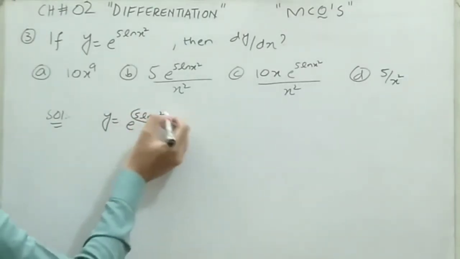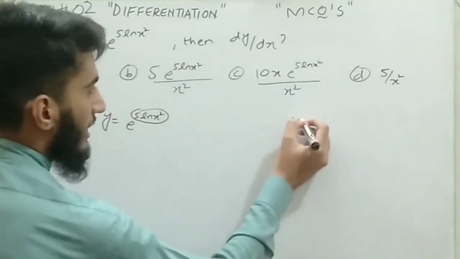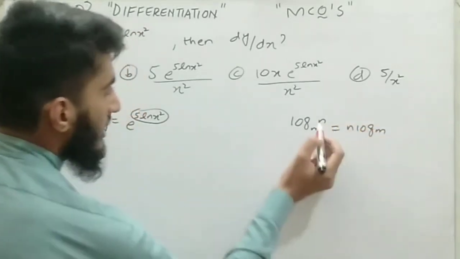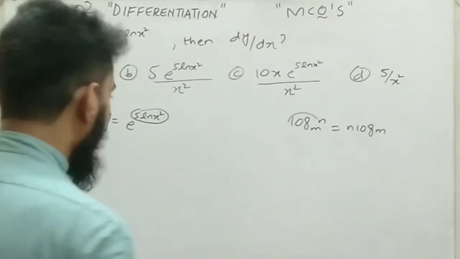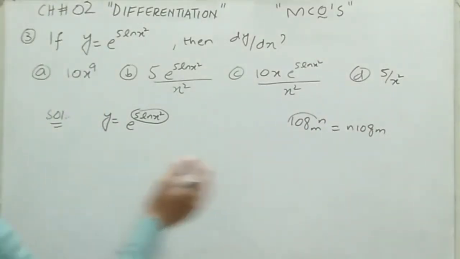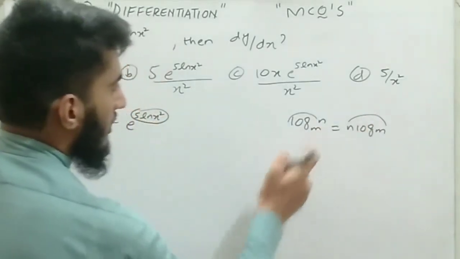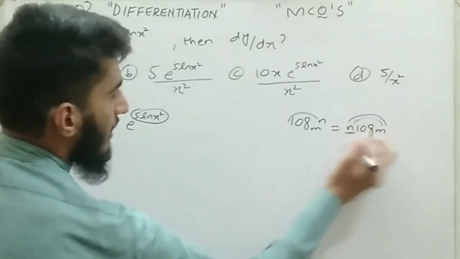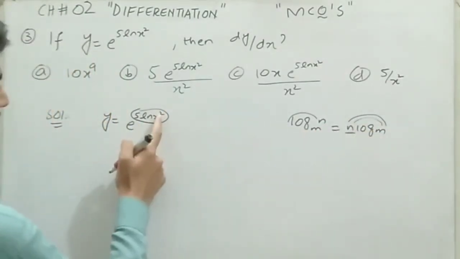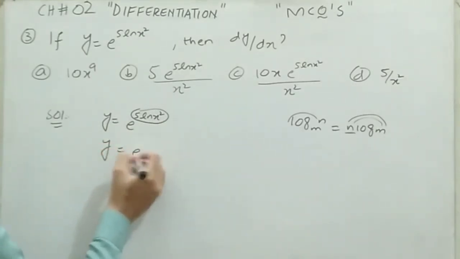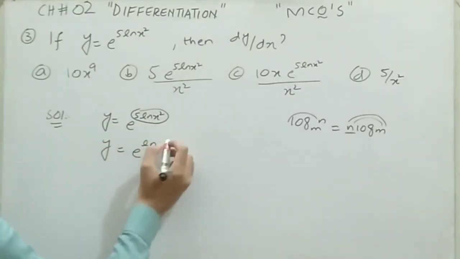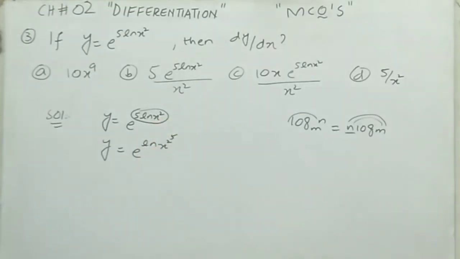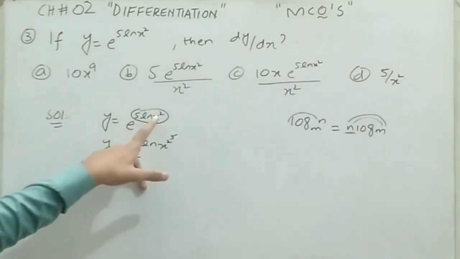Remember, in the power we use the same formula that we used in the previous question, that n log of m will always be equal to log of m to the power n. We just shift this coefficient to the power on the right hand side of the log. So the 5 in front, just like n, will shift to the power, just like in the formula. So 5 will shift to the power of 2. So it becomes y is equal to e raised to the power ln of x power 2 power 5, that is, e power ln of (x power 2) power 5.